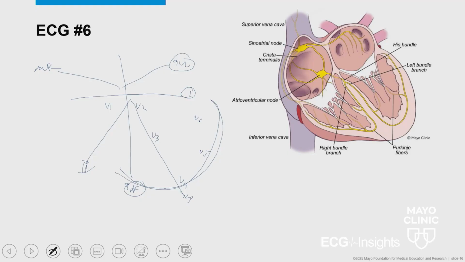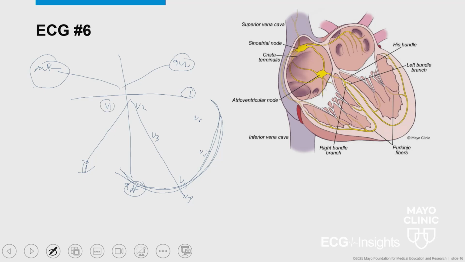So when we talk about ischemia and infarction, we talk about this concept of reciprocal leads. If you have significant changes here, it should get reflected in the lead which is opposite, reciprocal to it. That is going to be your AVR. So whenever you have so much ST depression in all these other leads, you have to look at AVR. That's the reciprocal to all these leads, which is on the right side.